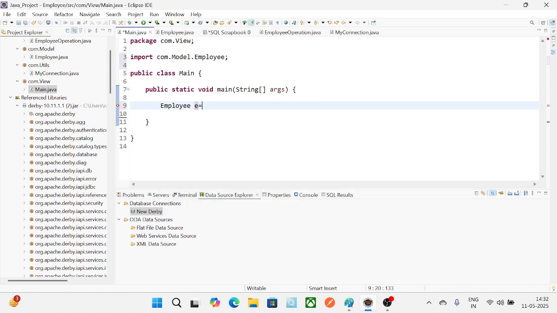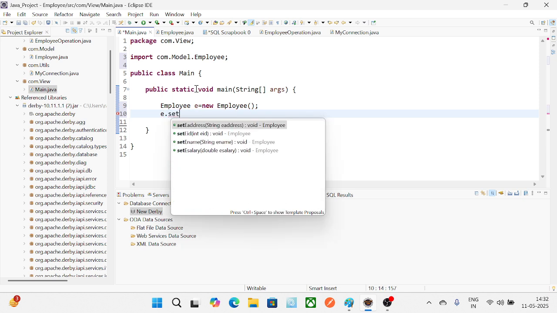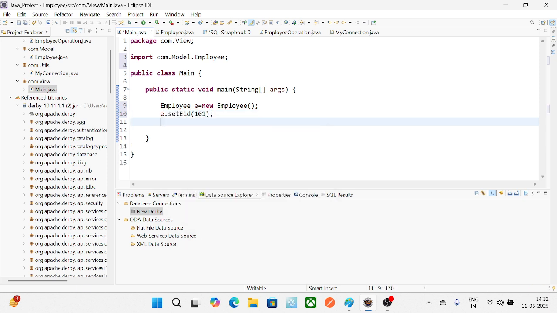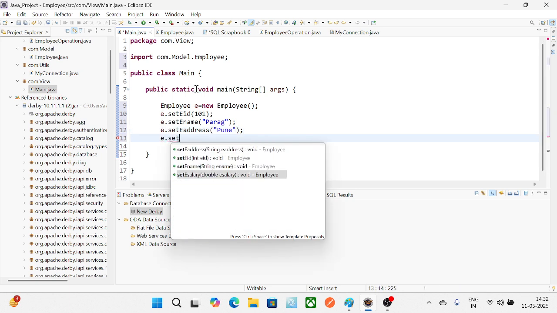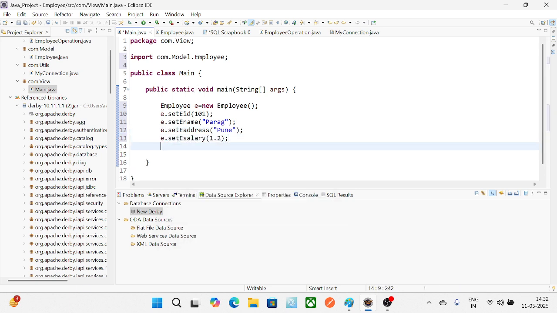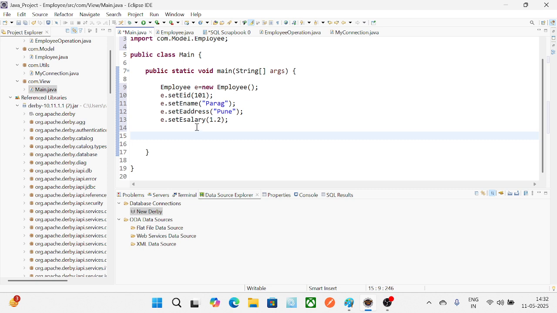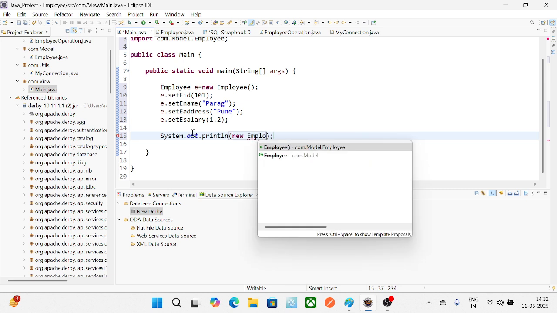So employee e is equals to new employee, e dot set id is equals to 101, e dot set name is equals to Parag, e dot set address is equals to Pune, and e dot set salary is equals to 1.2. And then after what we have to do, guys, we have to just call our method. So how we are going to call? So system dot out dot println new employee operations,